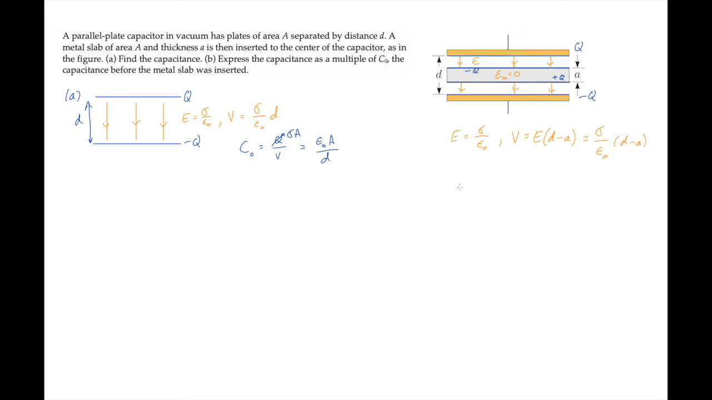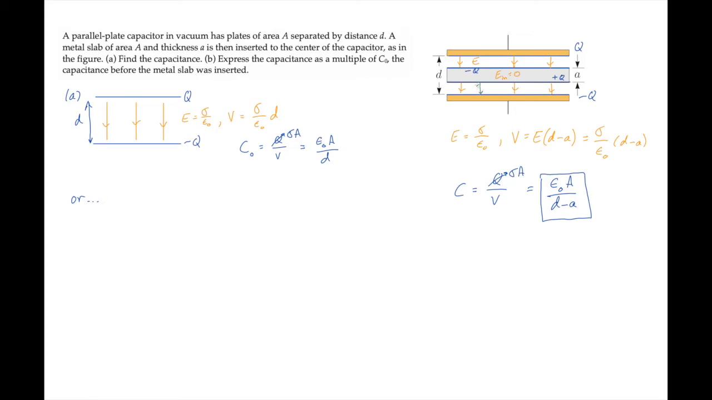The capacitance is the charge divided by the voltage across the plates. The charge is the charge per unit area times the area. Substituting our expression for the voltage gives us a capacitance of epsilon naught A over d minus the slab thickness little a. As a second way to solve this part, we can treat this arrangement as two capacitors in series,